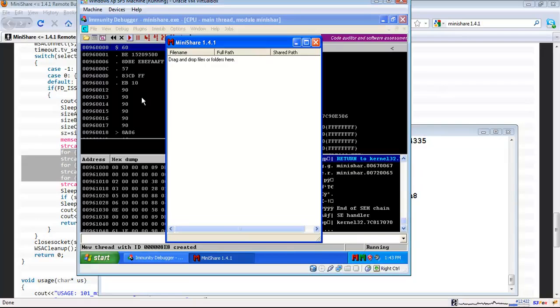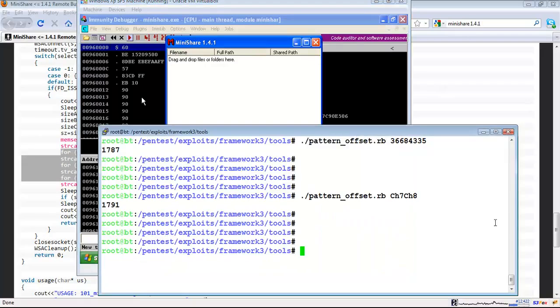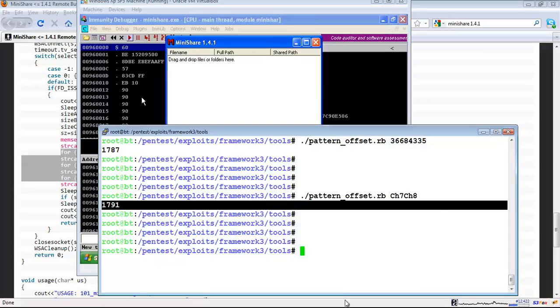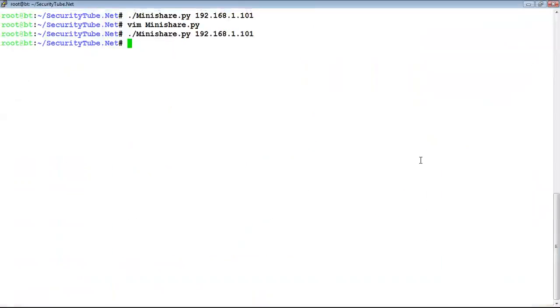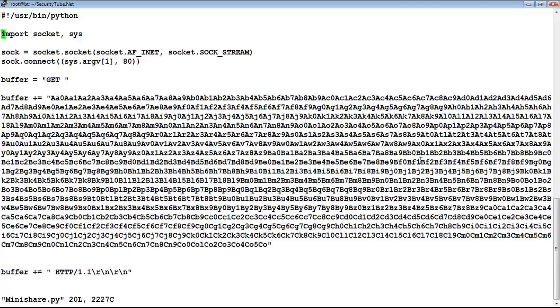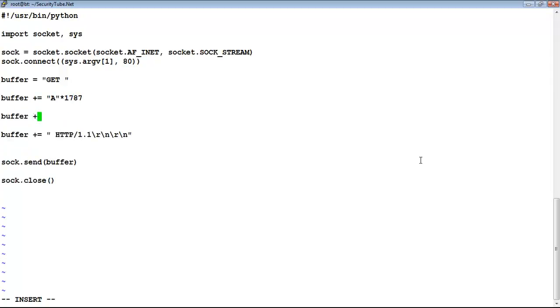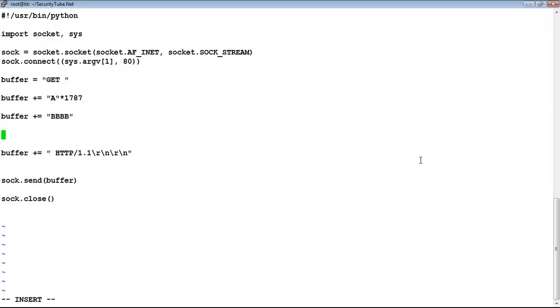It's up and running. Now basically return is overwritten after 1787 and ESP 1791. So let's go back to our little program here, and what we need is, let's just remove this line, and first let's fill up the first 1787 bytes with absolute garbage. Then we fill up the next 4 bytes with 4 Bs. This is where we overwrite the return address,